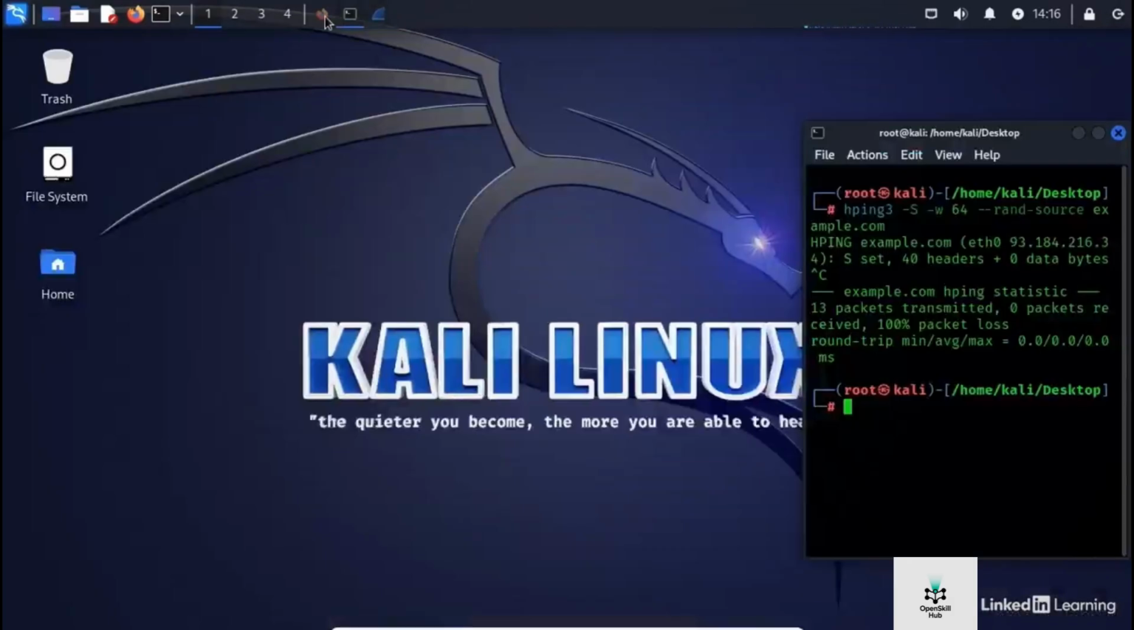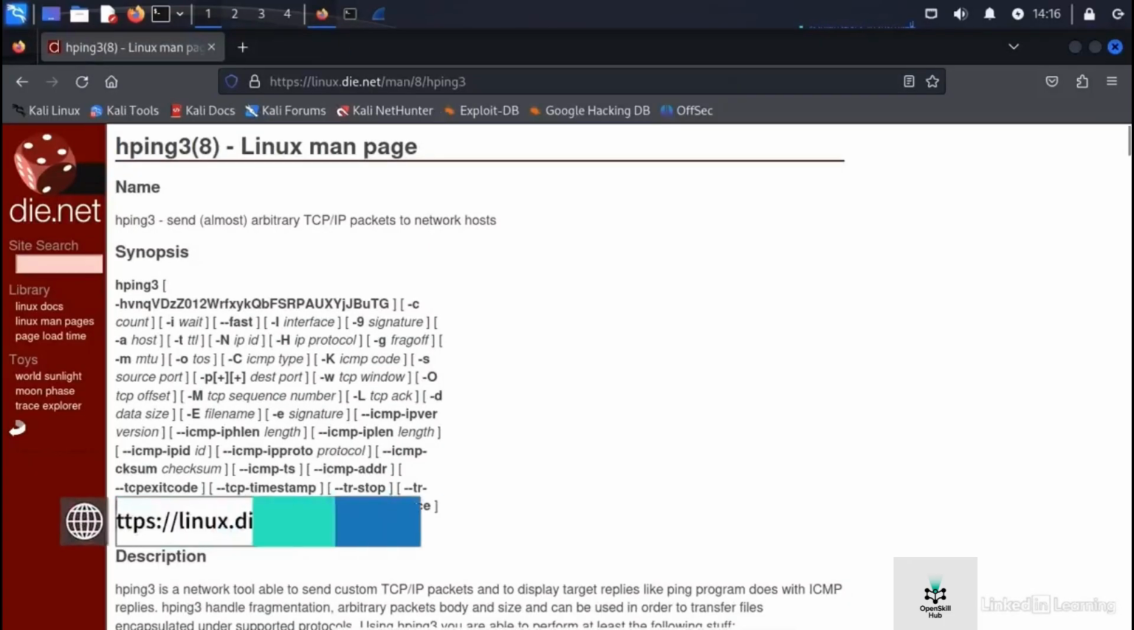Now, I'll minimize this, and I'm at the man page for HPing3. Once there, you can check out all the options that you can use when using HPing3. Now let's test your